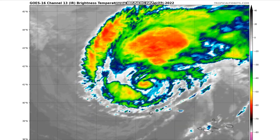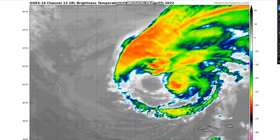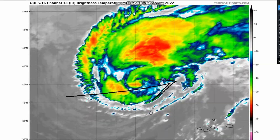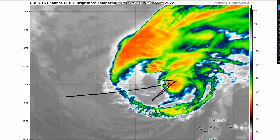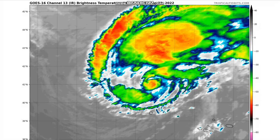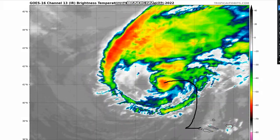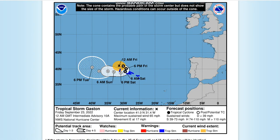On the other side of the Atlantic, we have Tropical Storm Gaston, which wind shear is pushing onto the storm and it is causing the convection to be pushed away from the low-level center. The storm is expected to bend down south towards the Azores. We do have tropical storm warnings in effect due to this, and tropical storm conditions are expected as the storm goes south and bends